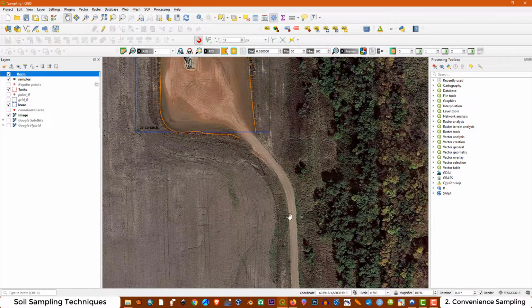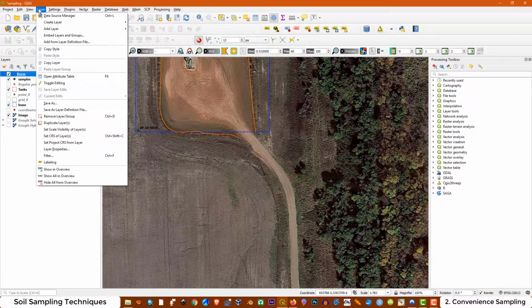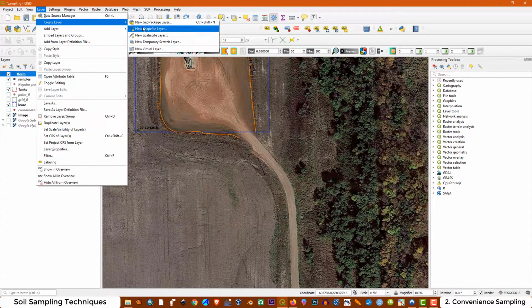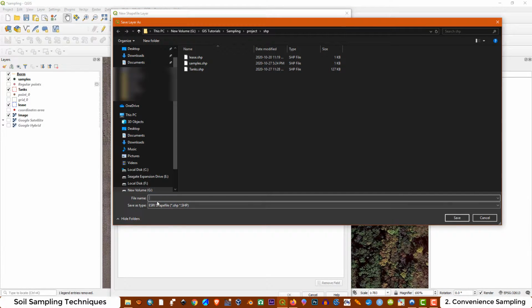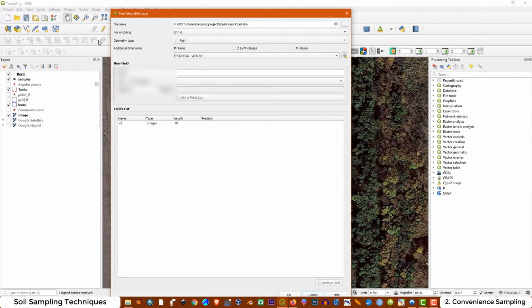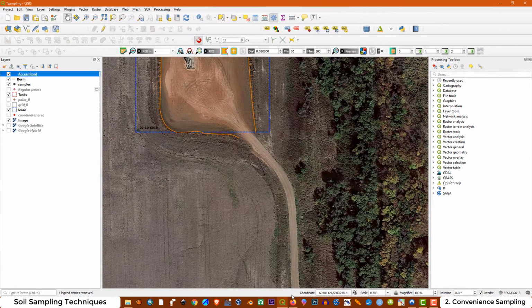Then I don't want to make this one very long, just a little bit. I'm going to create a new shapefile layer again. In this case it's going to be the access road. Save, it is going to be a line also, and the reference coordinate system is this one. Okay,